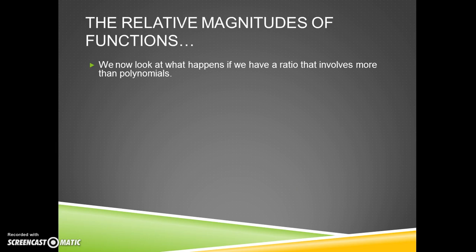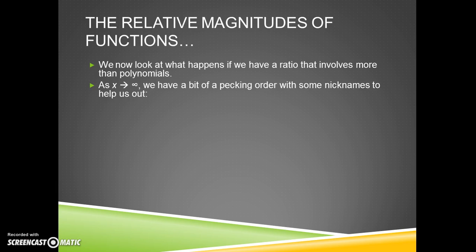Relative magnitude of functions. What happens if we involve a ratio without polynomials, or with things in addition to polynomials? As x goes to infinity, we have a bit of a pecking order, and we got some nicknames to help us out here. So the most important function, the most powerful function, is what we call our power tower, x to the x to the x to the x, and so on, which we rarely use, but I thought we'd include it. The function x to the x,